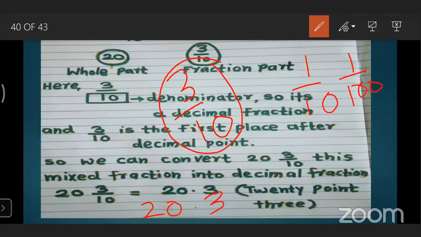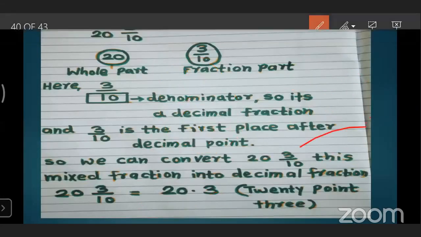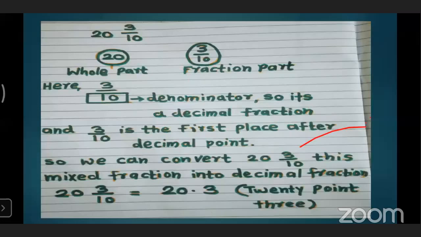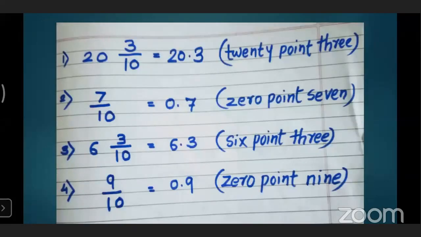Is it clear? Now let's see one more sum. Okay, let us solve one more sum. 7 upon 10 upon 0, 7. How? See, just